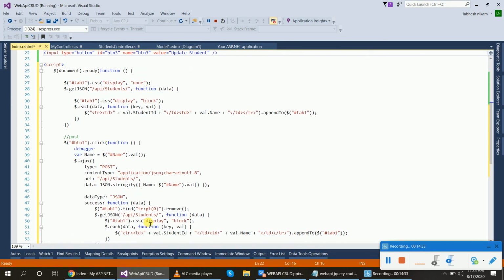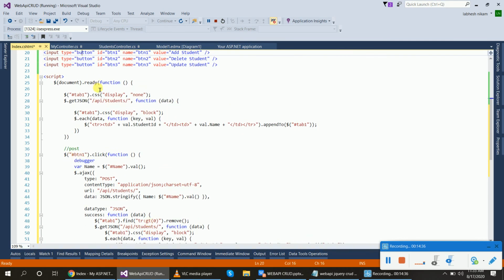So we have first written a ready function. Inside of that, we display a table name and CSS property of it. When we run the page, there is no data, so there is a display none property. After that, we will call to display the data from the API. So what is our API name? API name is students. So slash API slash students function data,